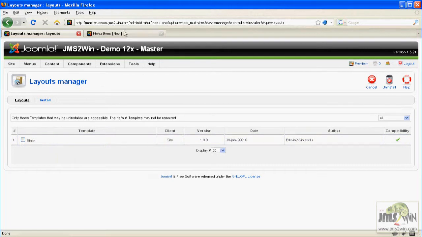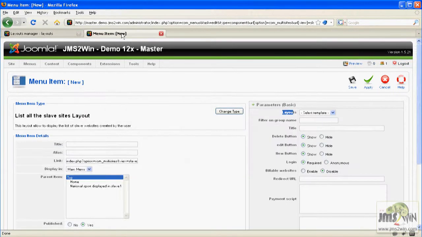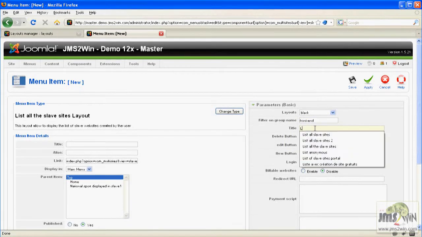To avoid displaying all rules to the users, including the backend rules, it is recommended to filter the GMS template rules on a specific group. You can enter a value to filter on a specific group of templates. After that, you have the possibility to enable or display different buttons present when displaying the list of slave sites